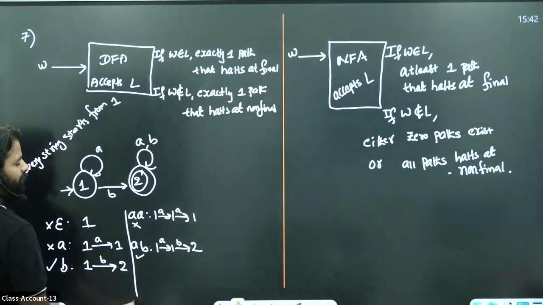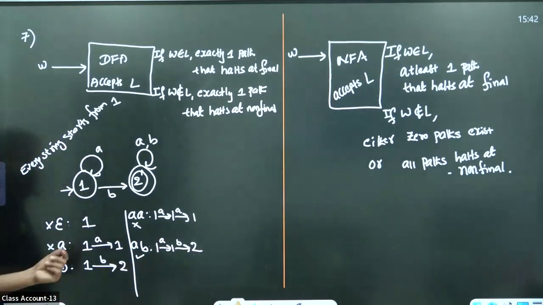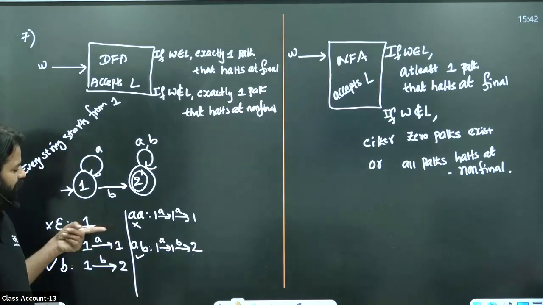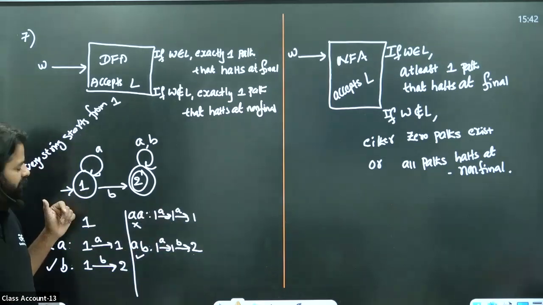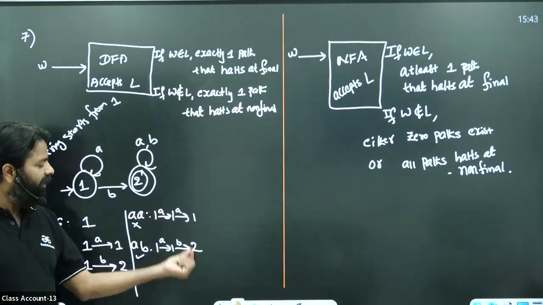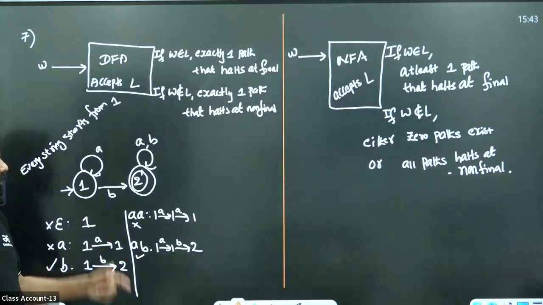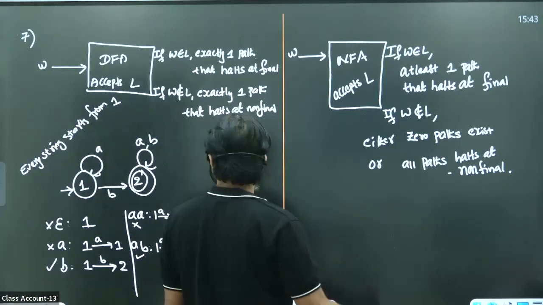So this is a valid string. Similarly, if any string halts at final, you will have exactly one path. Even halting at non-final, you will have exactly one path. So whether it is halting at final or non-final, you will have only one path. Whereas in NFA,